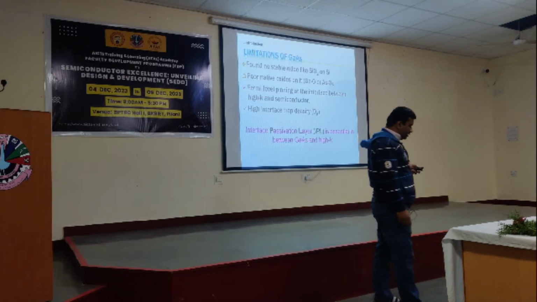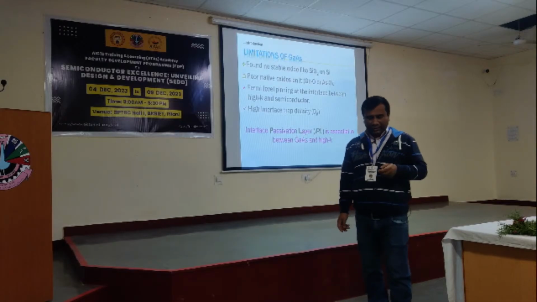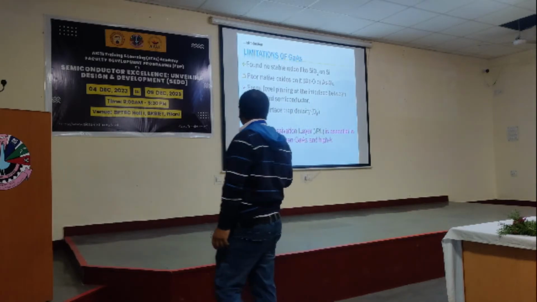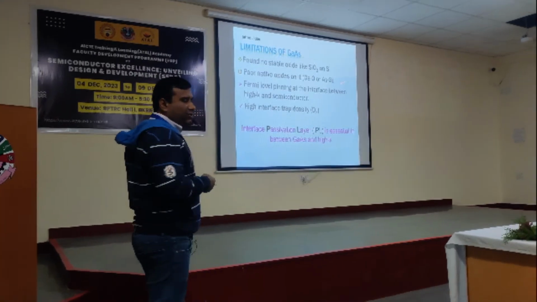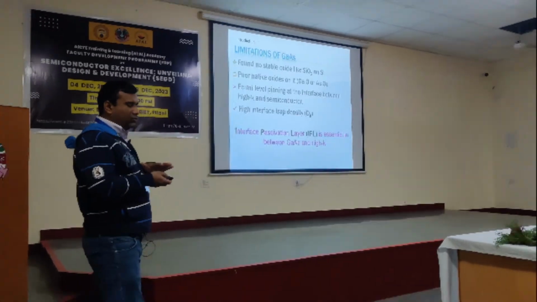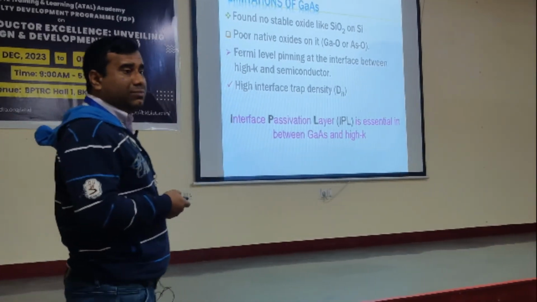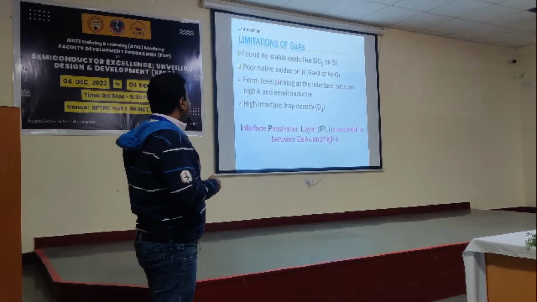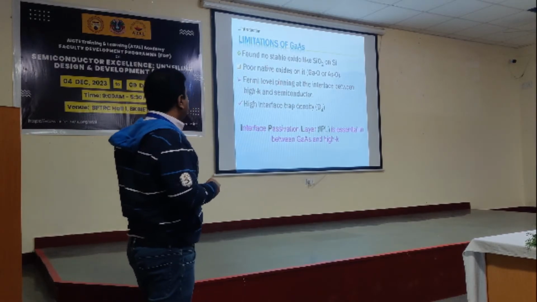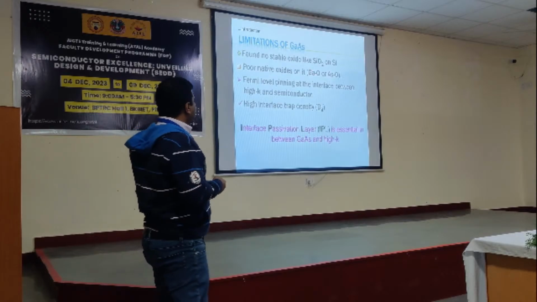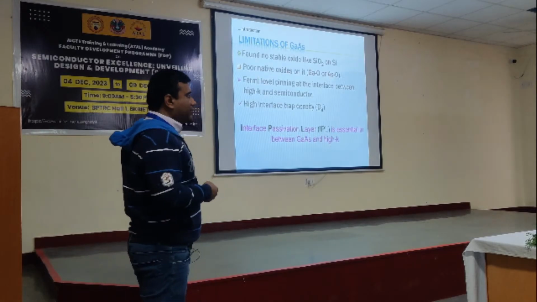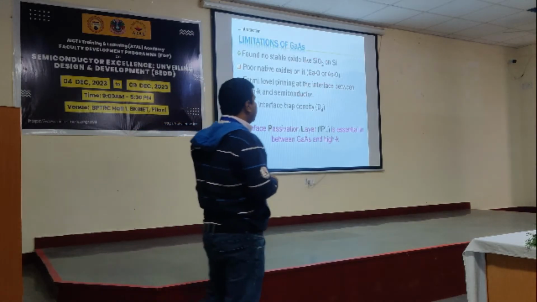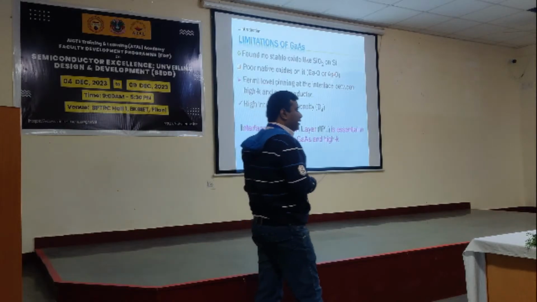Now, there are certain limitations of using gallium arsenide, rather than your other sorts of material. What are these limitations or disadvantages? Unlike silicon and SiO2, you see SiO2 on silicon, that SiO2 is a very stable material on silicon. But unlike SiO2 on silicon, it does not have any good native oxide. That is your gallium oxide or arsenic oxide, but it is a very poor native oxide on it. Because of this, there are several phases as well, Ga2O3, Ga2O5, as well as for arsenic oxide As2O3,